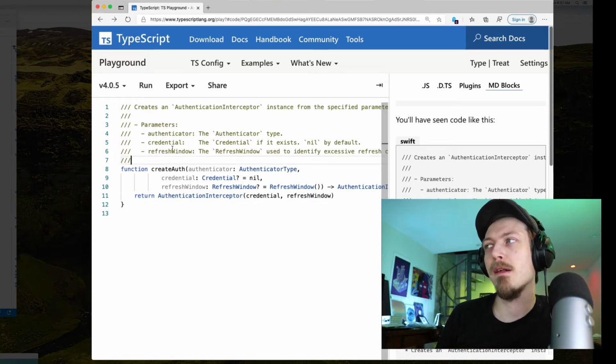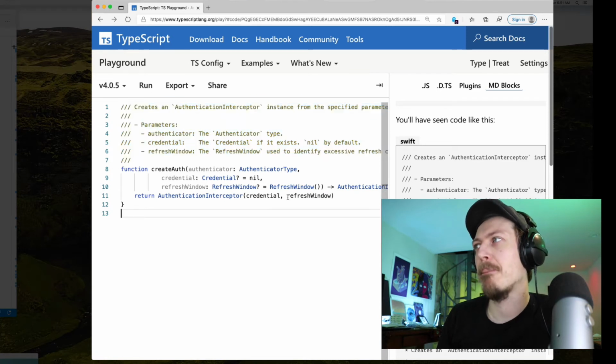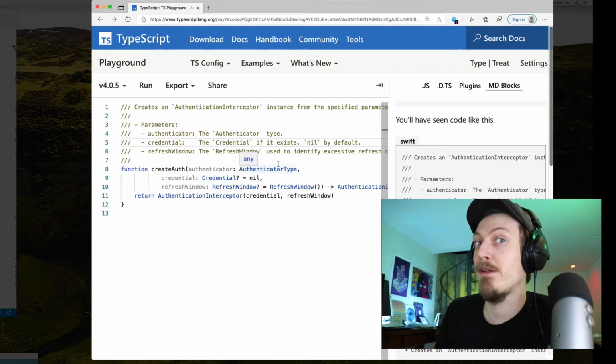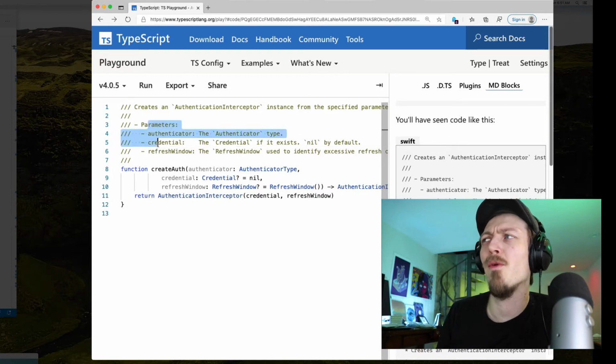This is some code that I took from Alamofire. It's just some Swift code that says there's a parameter, authenticator, credential, and refresh window, and they just match the function. Some of this is just bad comments, but the important bit is that when you write pretty serious production code, you pretty much will always do something like this.